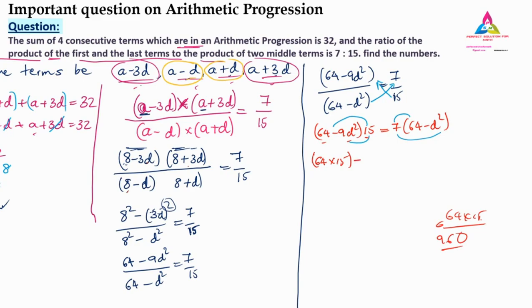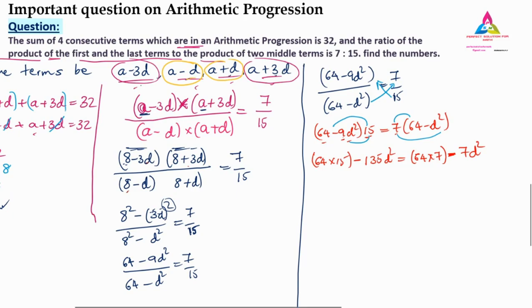But coming to the d square, multiply that. This 15 you have to multiply with the 9. 15 nines are 135. The d square, keep it as d square. Here you can calculate. Similarly on the right hand side, 7 into 64, again don't multiply it, write down 64 into 7 or 7 into 64 as it is, minus 7 into d square is nothing but 7d square. So it is minus 7 d square. This one you have to remember.